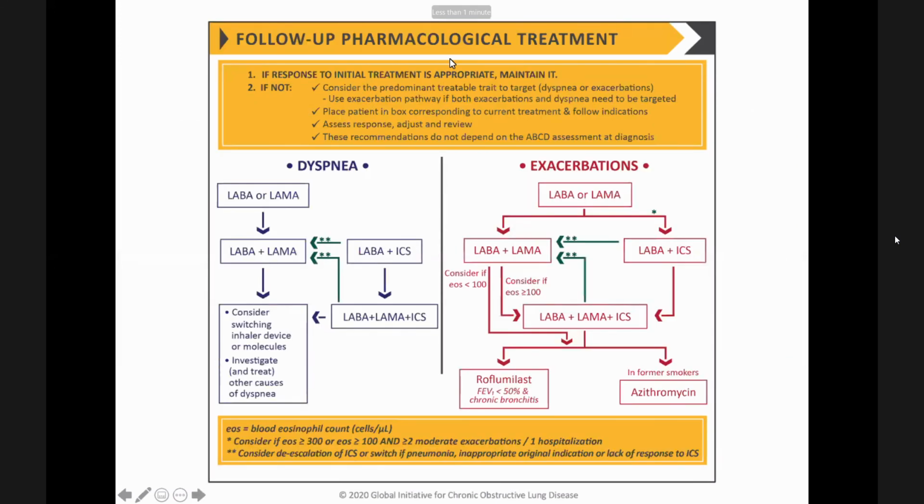So what is the follow-up and pharmacological management? If the response to the initial treatment is appropriate, maintain it. If not, consider the predominant treatable trait to target dyspnea or exacerbation. Use the exacerbation pathway if both exacerbation and dyspnea need to be targeted. Okay, and place the patient in the box corresponding to the current treatment, and follow the indications. Okay, and assess response as I told in the previous slide. And these recommendations do not depend on the ABCD assessment at diagnosis. Okay, so you have to follow up with the two symptoms, that is dyspnea and exacerbations. So if the patient